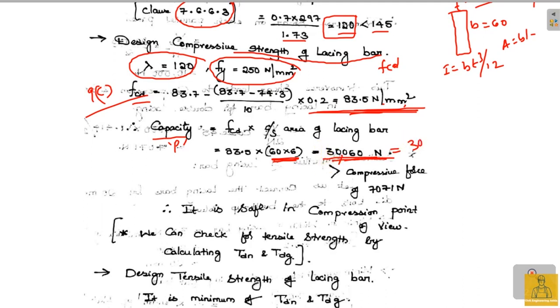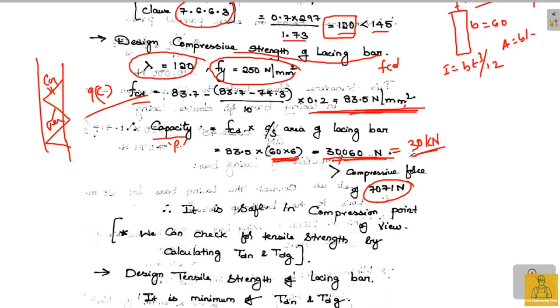30,060, or 30 kilonewton, is the load that this lacing bar can take. So what is the load actually coming onto the lacing bar because of the transverse shear force? 7 kilonewton. So it can take way more than this 7 kilonewton, right? So it is safe from the compression point of view. But I told you that when there is a lacing system like this, in some there is compression, in some there